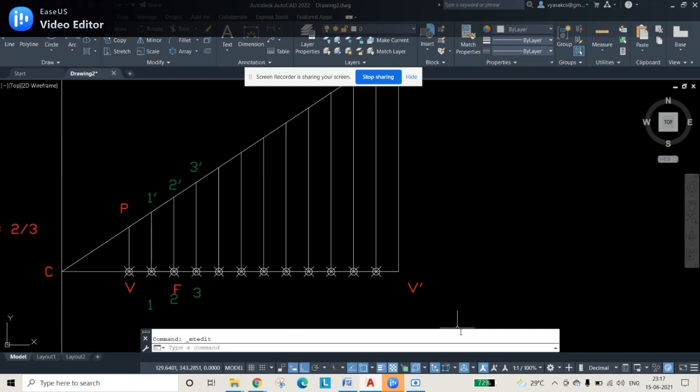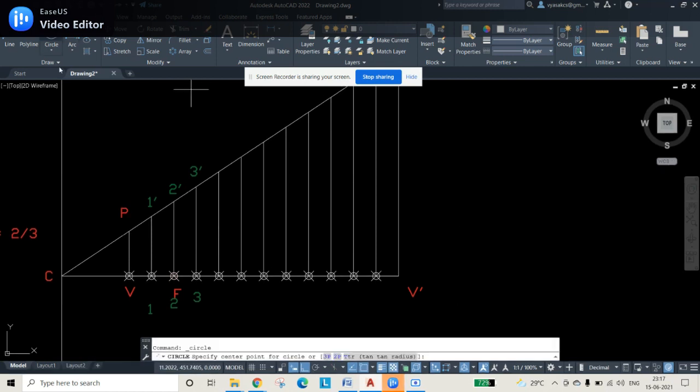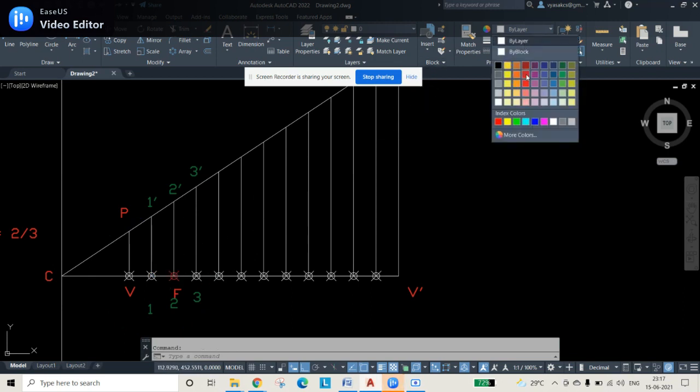Now draw a circle from 1 to 1 dash, and before that, see that the focus point has a separate color so that you don't get confused.